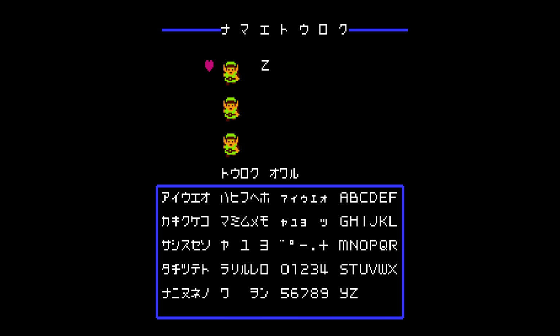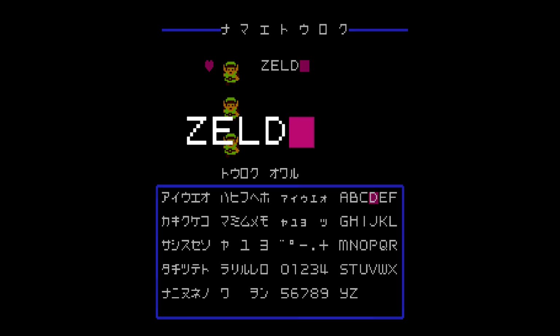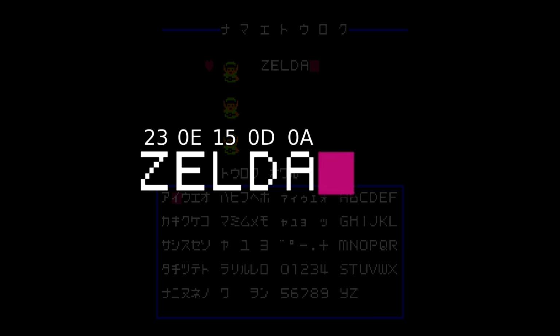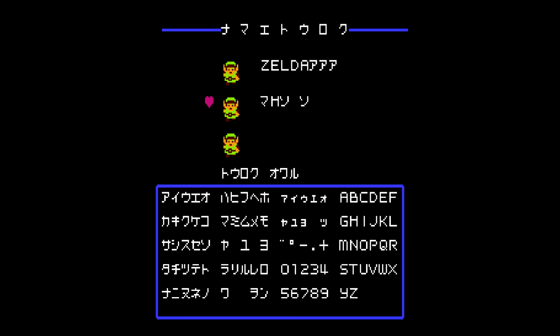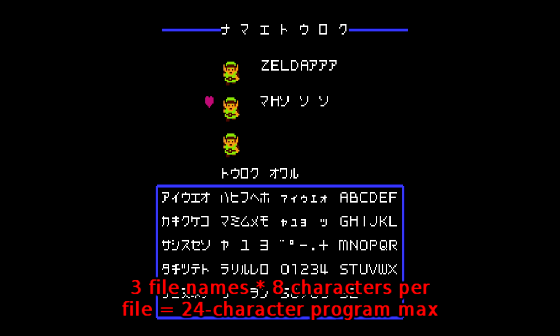File names are stored in memory, and every character corresponds to a different byte in memory. We're naming the files weirdly because we're actually writing specific bytes to memory that will be executed as assembly code later. Our two limitations are that we only have 3 file names to work with, and we have to make